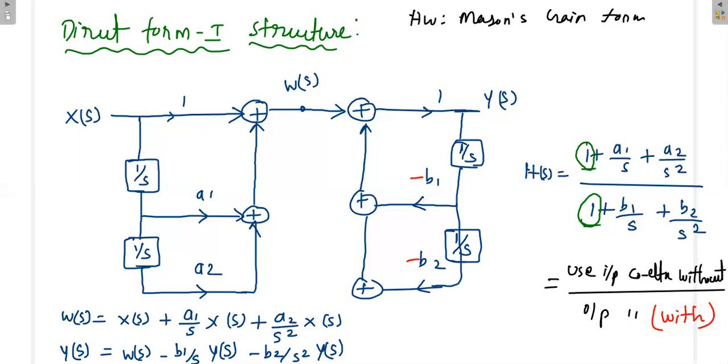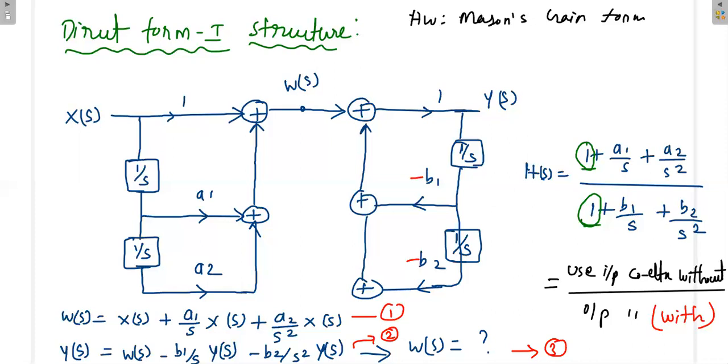Okay, so now we have two equations, then with some manipulation we will try to get H(s). Now what we can do here, this is with respect to W(s). From this you try to get W(s). You modify this equation, then try to get W(s). Again, this is also W(s), this is also W(s). Say for example, this equation I will call equation number 1, this equation number 2, and this equation number 3. If you manipulate equation number 2 to get equation number 3, later we can equate equation number 1 and equation number 3, because both are W(s).